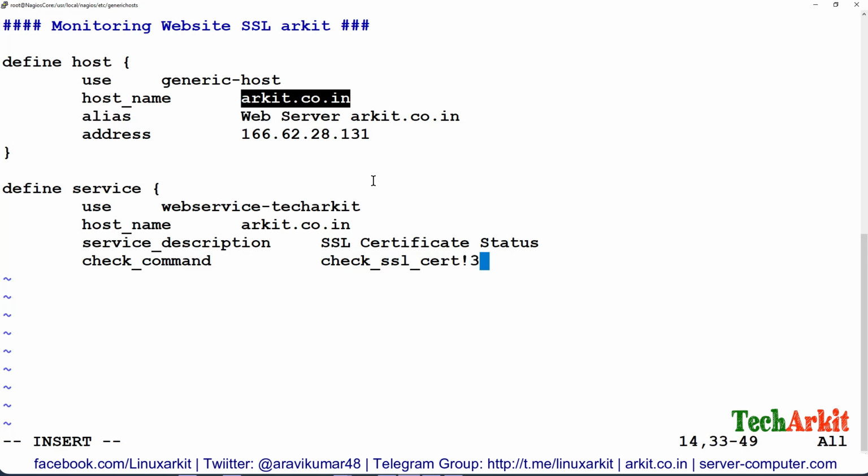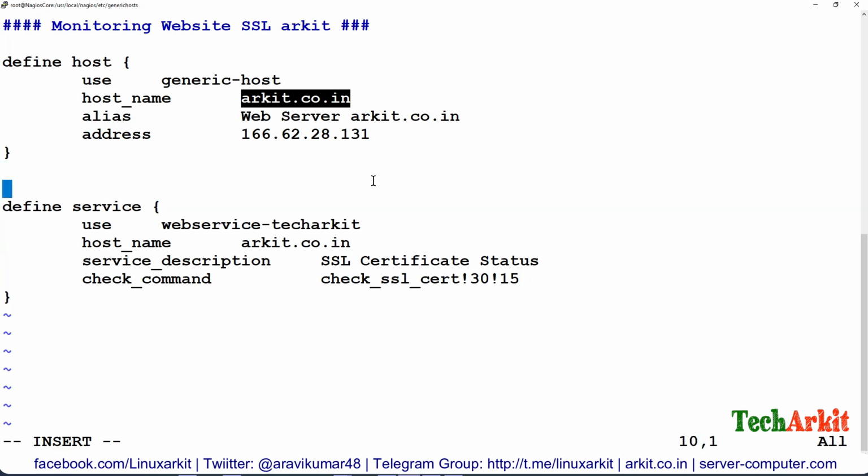Which parameters? The warning level and the critical level. The warning is 30 and the critical is 15, and close this service. So this is what we have to use.